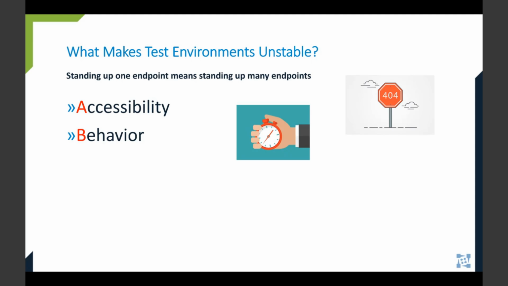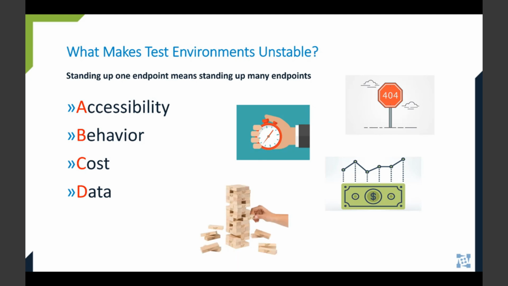B for behavior. The resource that you may require may not be in the state you need it in at the appropriate time. It could be in a wait state or potentially processing large amounts of data, causing you to have to wait yourself or change your test plan to accommodate these types of behaviors. C for cost. Running dependent systems in test environments can also be costly. Companies may have policies against costly resources being established in a testing environment.